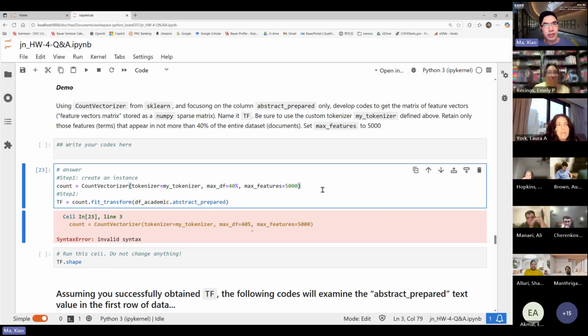This part is kind of like a blind spot in Python in general. I'll talk about the percentage sign in a little bit, but here, the maxDF actually takes two kinds of data types. You can either provide a decimal, which then has to be smaller than 1. It has to be a percentage, decimal, which means the percentage of